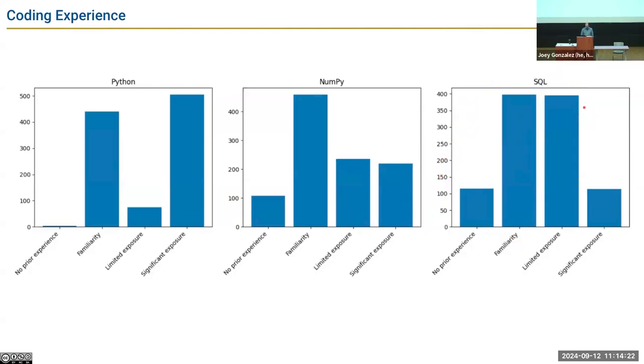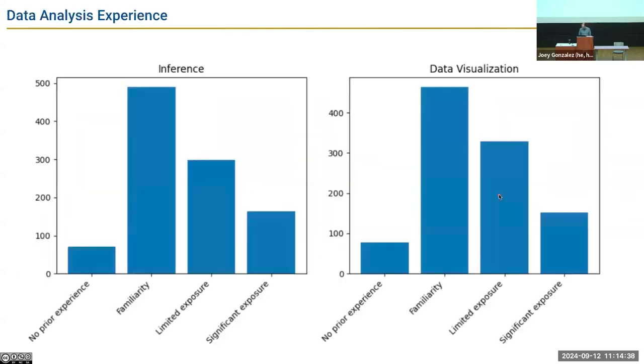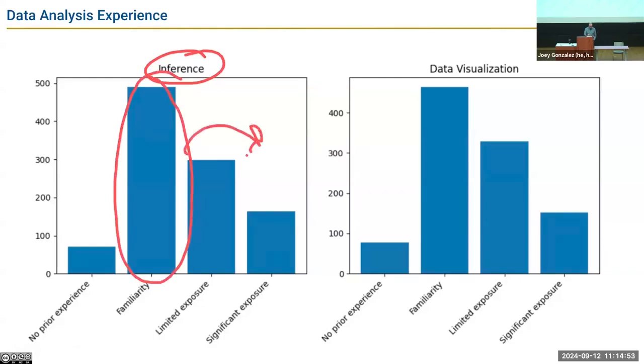All right, so again, I'm guessing everyone finds themselves in one of these bars. If you find yourself on the left parts of these plots, that is okay. Just come to office hours, go to discussion, get help. You can make it to the right sides of these plots. Data analysis experience. Let's dig into Data 8. Inference, making these predictions, reasoning about the world. Again, when you've taken Data 8, you'll have some familiarity with that. In this class, we'll move you in this direction. Will you become the world expert? No, but you'll be like right here.